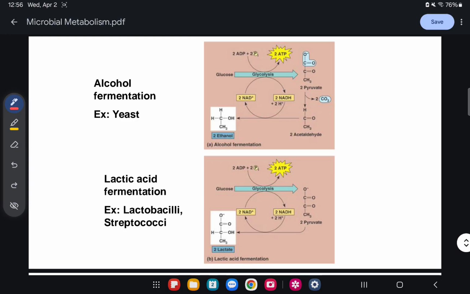But the real purpose of fermentation is to peel off those electrons and the hydrogen ion off of NADH to become NAD+. And the reason is I can't keep breaking down glucose unless I have NAD+ to add the hydrogens and electrons to. So that's the entire 100% purpose of fermentation, is to recover NAD+. Okay, so